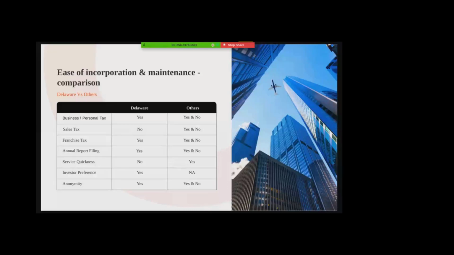As to the fees, there are multiple ways you could do it. There are companies that do it online, and there are companies that do it offline like ours. We don't do online incorporations for a simple reason that every situation is different, and we can't have a one-size-fits-all solution for everybody. So that's the reason we do it offline. It could start from $500 to $1,500 based on where you go, which state you go.